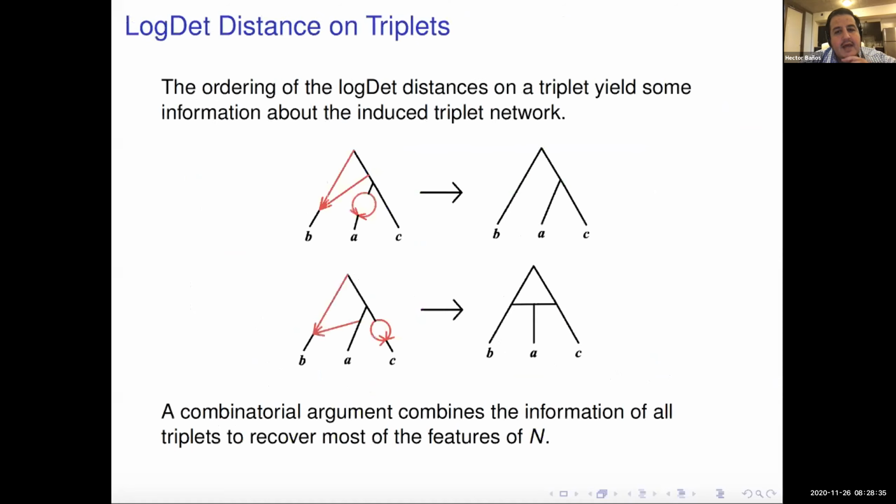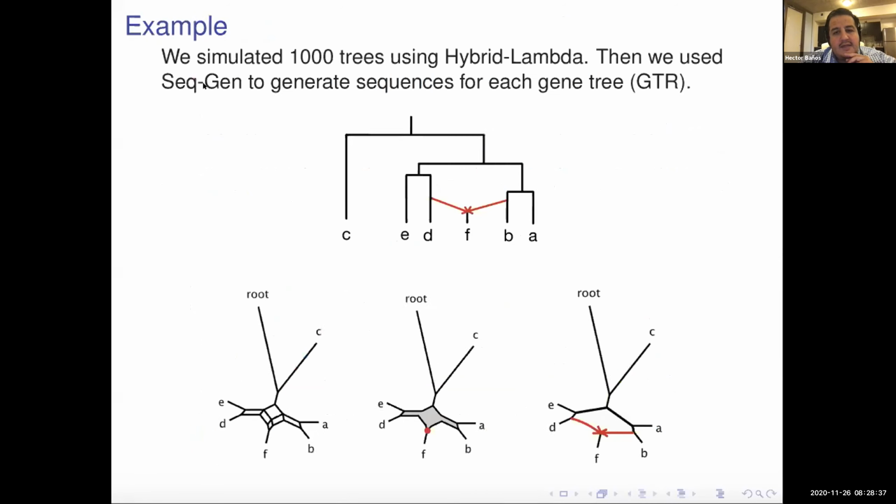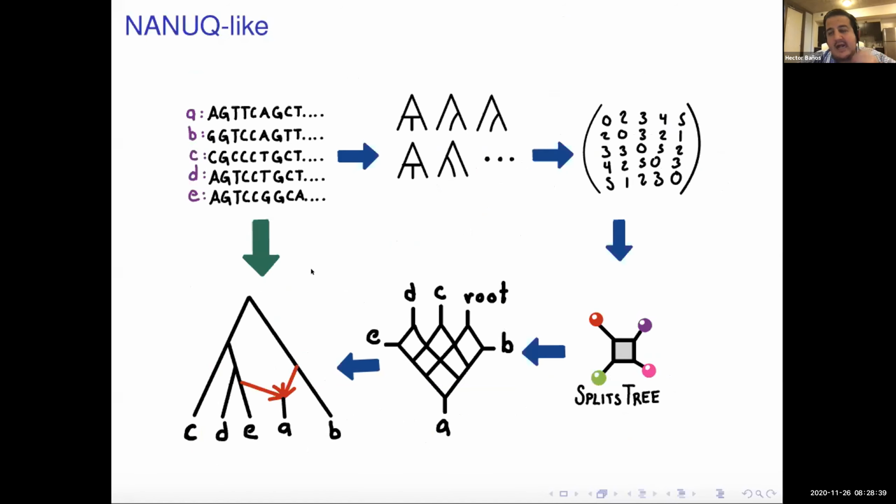So one advantage of this type of Nanook-like algorithm is that they're really quick. They're faster than any likelihood, pseudo-likelihood, or Bayesian approach. Yeah, there could be some noise, but I think it could be a really good tool so you can get a starting network and then fit it to your favorite network method, like even a likelihood. And then when you have a good starting point, maybe it will improve.